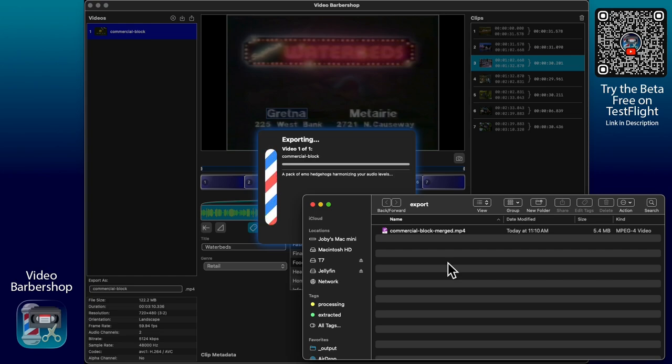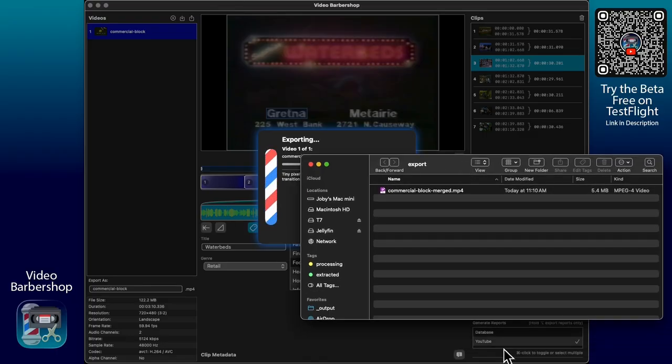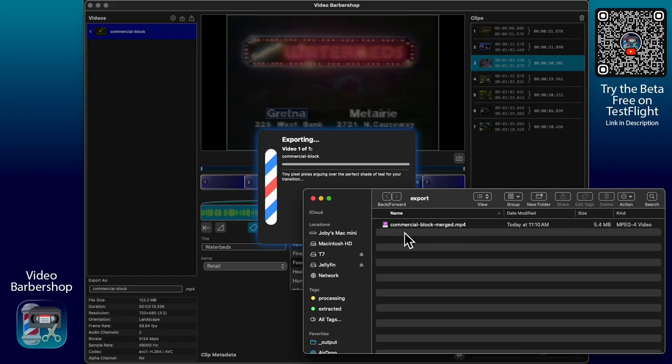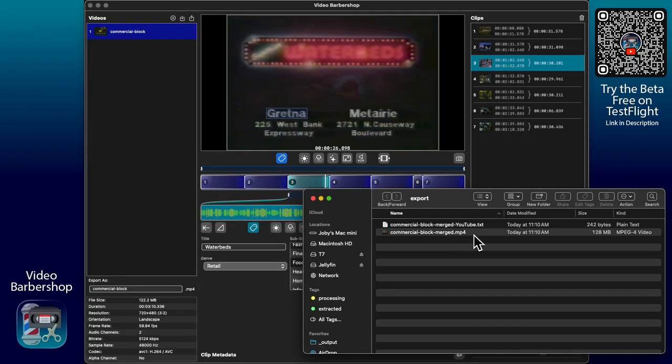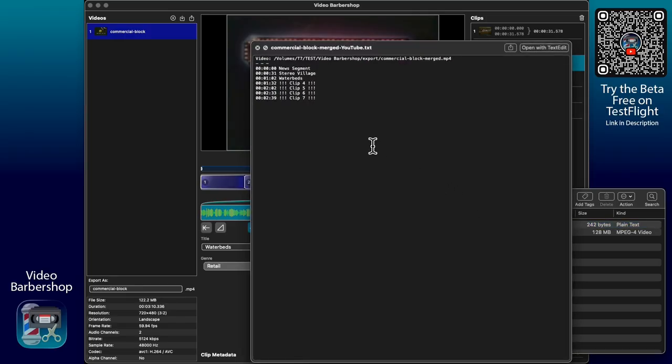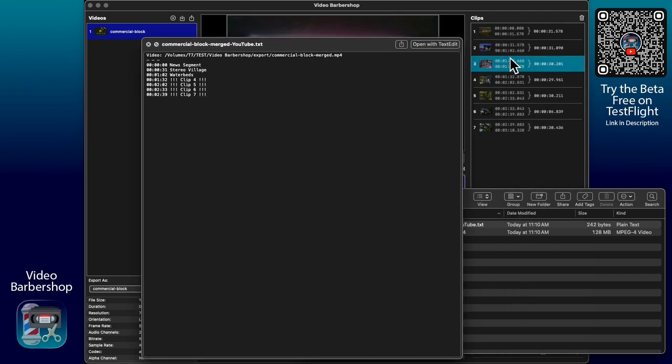Now, every export that you do, if you have a report selected, it'll generate that report alongside your video. The video itself, however it's named, it'll add in the report name that you gave it. It'll append it to it. And if we take a look at this report, you can see it's got the exported video file, full path, and then it's got a line per clip. And I've got the start time of when it's featured within my video that has now been exported,